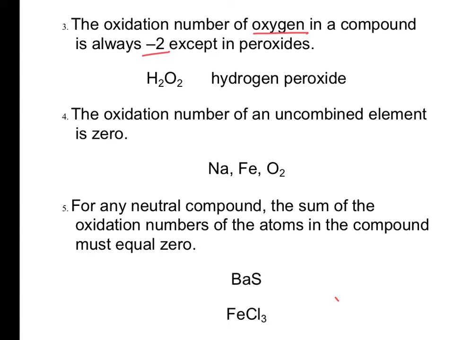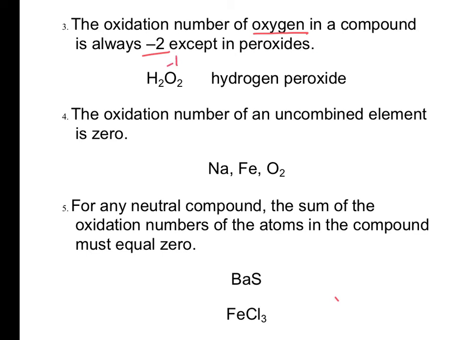There is an exception if it is in a peroxide. Now, I typically won't give you an exception to the rule, but I just want to show you what the exception would look like because sometimes it might be on a homework question. So if it's in a peroxide such as H2O2 that's written here, oxygen will actually take on a -1 charge